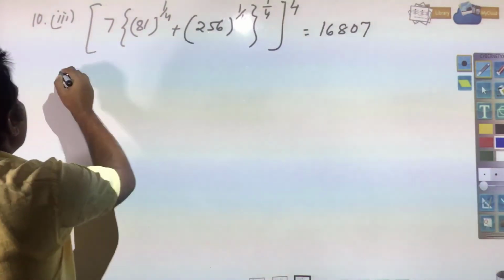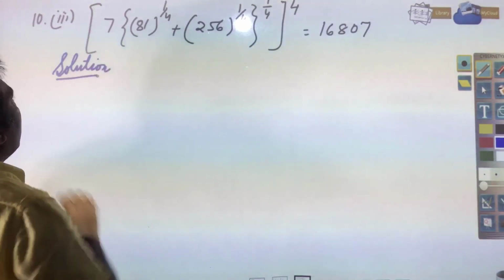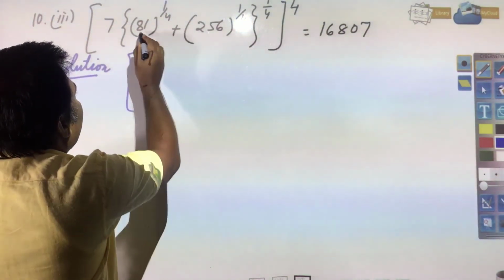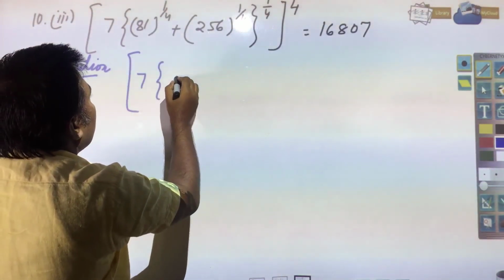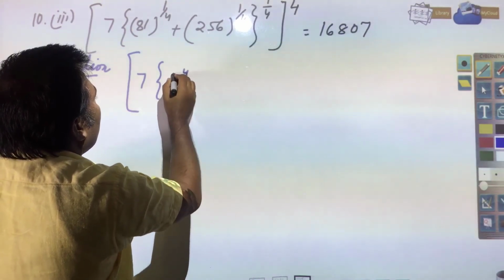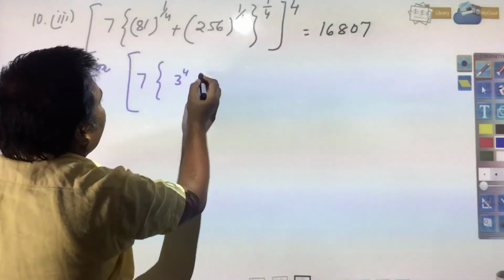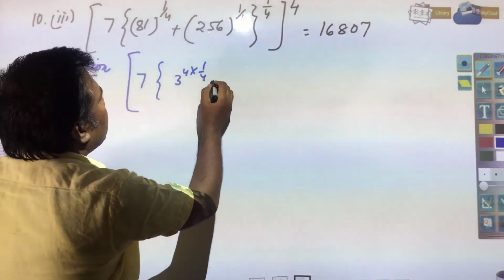How will you solve this? You see, again, 7 into 81 can be written as 3 to the power 4 and to the power 1 by 4, it means 1 by 4 will be multiplied, plus